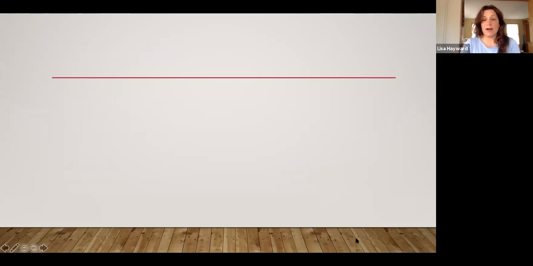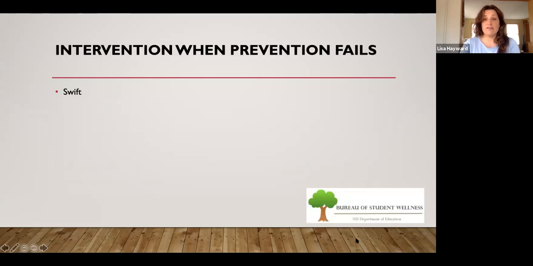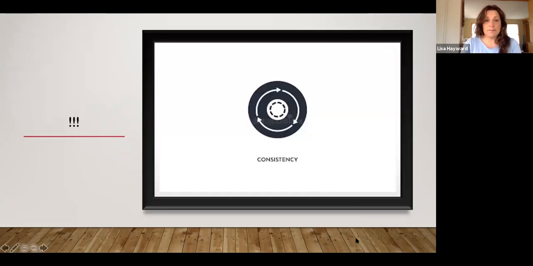Let's take a breath. This is my taking a breath slide before I transition. When disruptive behavior happens, you need to intervene immediately. So be swift in your response. Remember, you've already posted your rules and your guidelines in your course site. You've already told students what the consequences are and what the process is that you're going to use to enforce the consequences. So intervene swiftly.